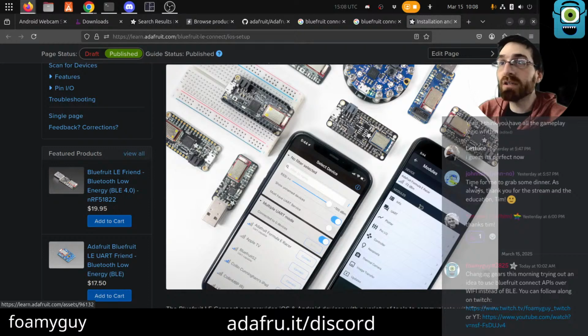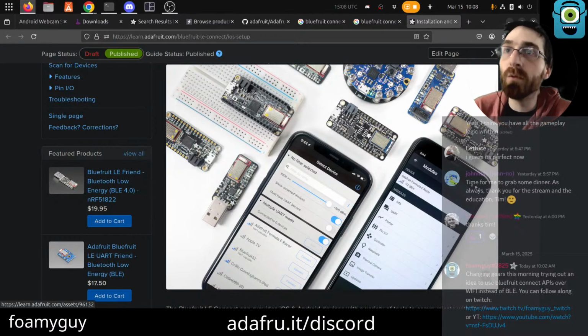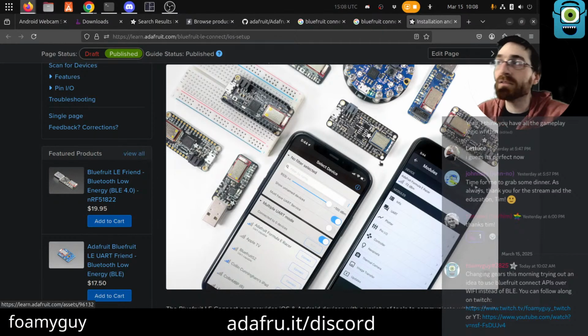There are a bunch of different ones. The ones that I will focus on probably during this stream are these two right here, controller and NeoPixels. These basically let you send a color from the phone to the microcontroller. So you can have like a color picker on your screen. You know, you choose blue or whatever. It sends a data packet over to the microcontroller with whatever color you chose. And then, of course, the microcontroller can do whatever it wants with that, such as set the color of some